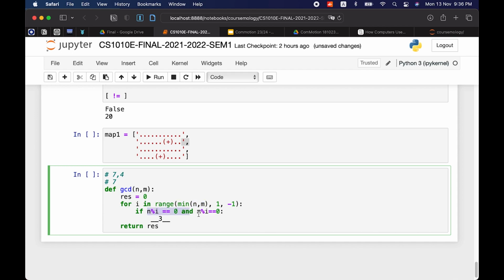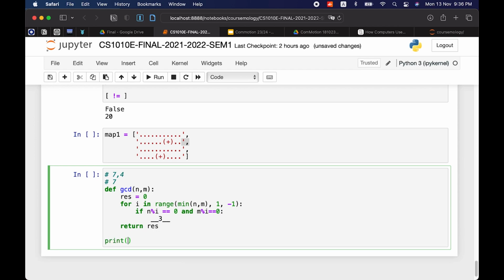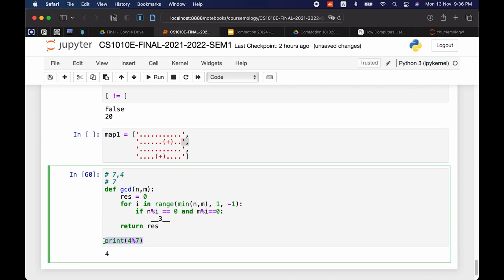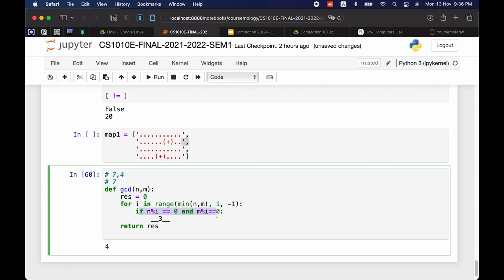Then if m is 4, what is 4 modulo 7? 4 modulo 7 is just 4. Remember, if this number is smaller than this number, you'll just give this number back. So it's not going to be 0 for sure.